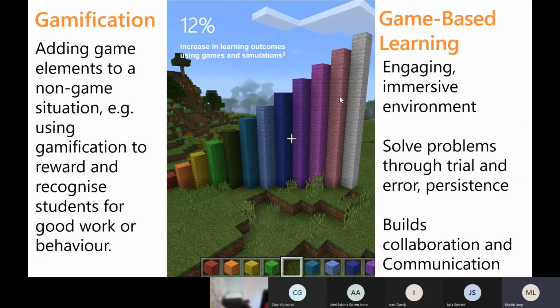It might be that we've always done something on paper, and we'll look at an example of that in maths in a little bit. But now by putting it into a Minecraft Education Edition context, they more readily and easily engage with solving that problem, whereas they may have shunned that if they were trying to do it with pencil and paper. I'm not suggesting that Minecraft will replace pen and paper and traditional teaching methods, but it can enhance